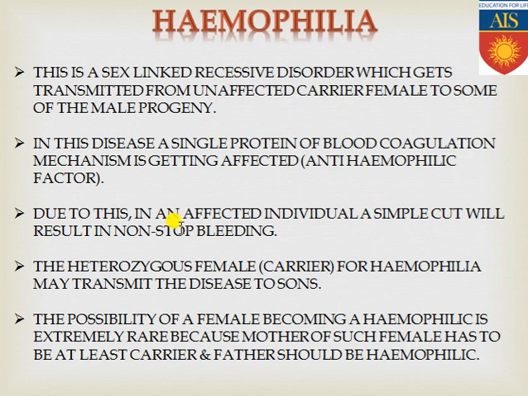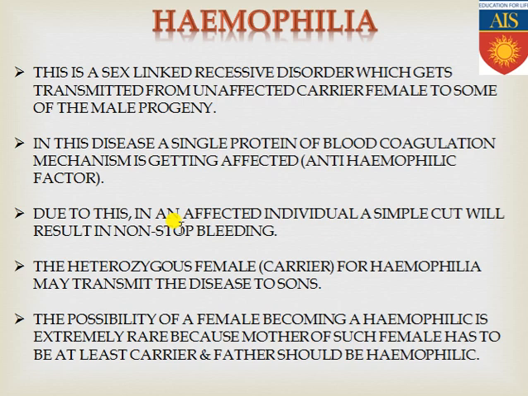So from the carrier mother, the disease will be getting transmitted to the male progeny. But if it is transmitted to the male progeny, only one X chromosome is present in the male progeny, that will be containing that hemophilia gene, and for that reason that male will be affected, because the Y chromosome can't suppress the hemophilic gene present in the X chromosome.